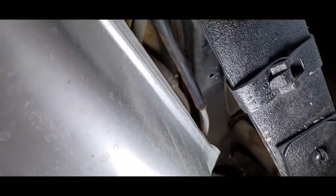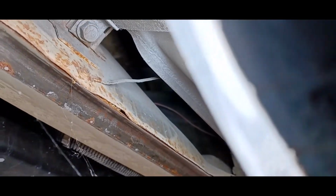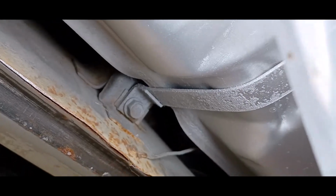But how to pull out a 79 fuel tank. I can get some light here for y'all. You see right here, I got two lines that I'll be having to disconnect there. And I have some spider webs here, but don't pay them any mind. I have a ground wire right there that goes on top of the sending unit. Right there we have a 9/16 nut holding this one strap on. Same thing on the other side, holding that strap. So basically you have two straps